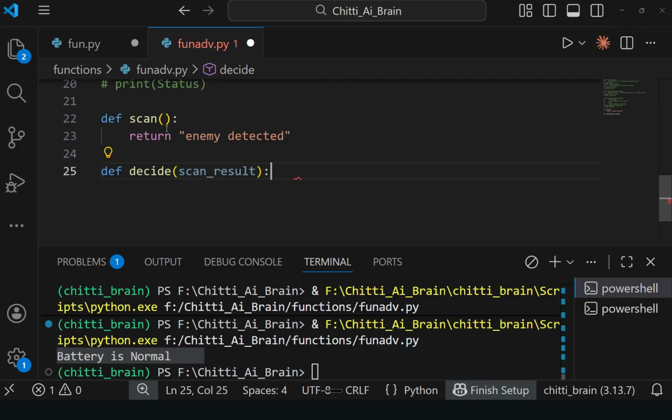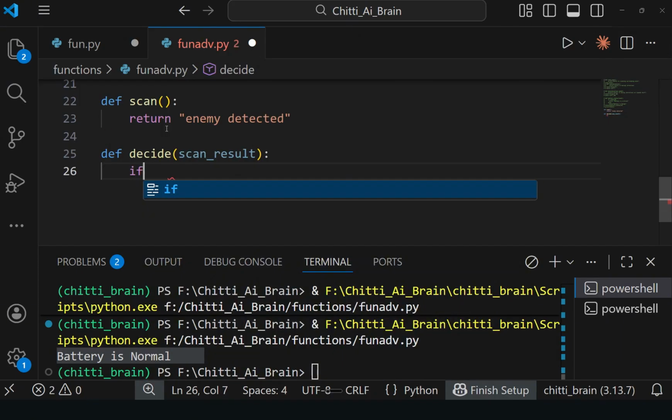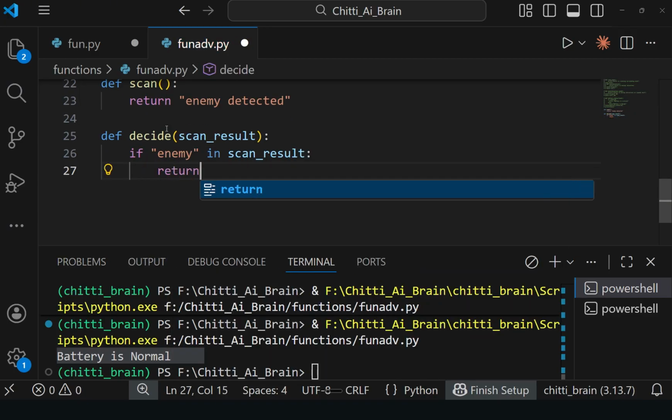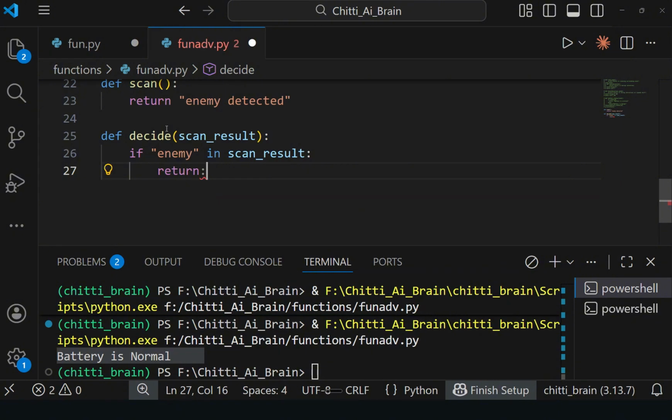Based on the scan result, if enemy in scan result, what to do? Return attack.